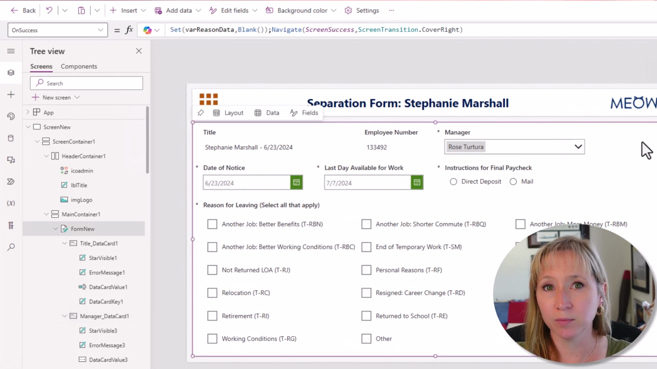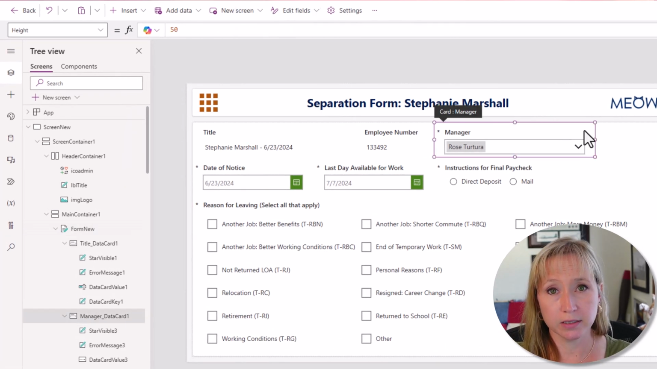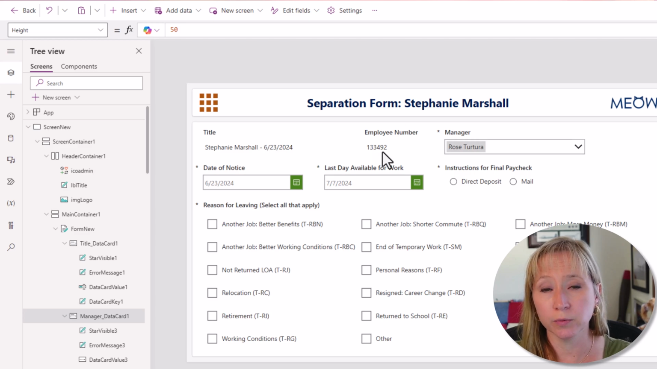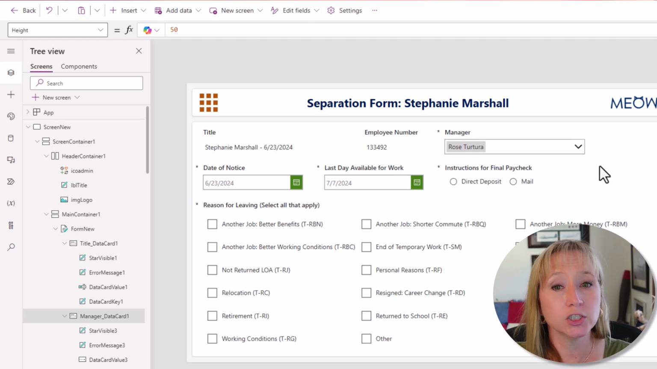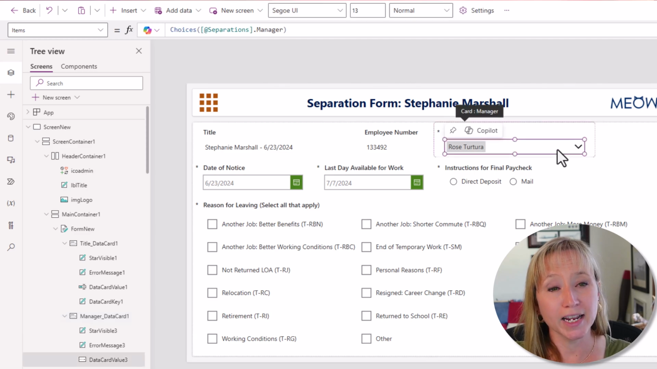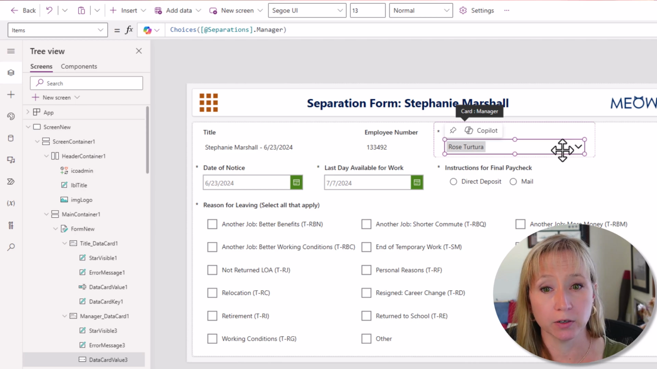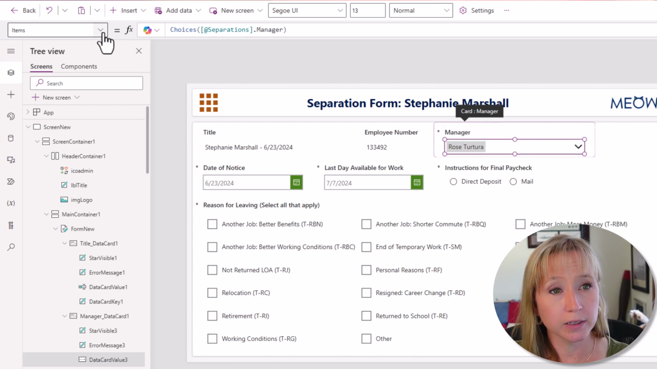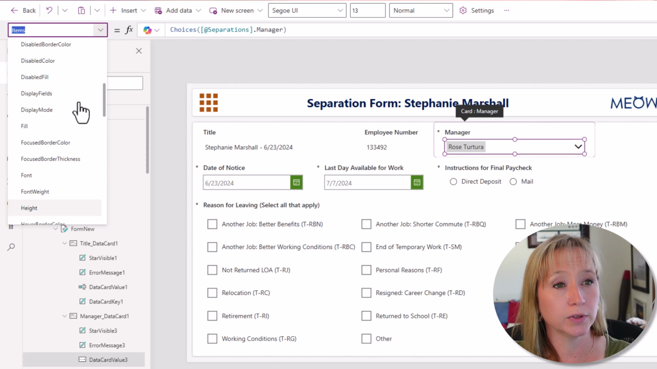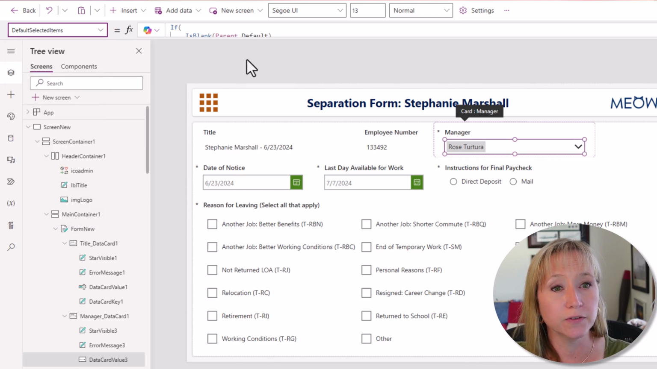Here we have some more logic. In this use case, the manager that's in Active Directory may or may not be accurate. So we didn't want to lock this field the way that the employee number field is locked. So we are giving them the option to change this. So the items are from the SharePoint list. It's a people picker column. But what we're doing is if we look through the items for this field and go to default selected items,